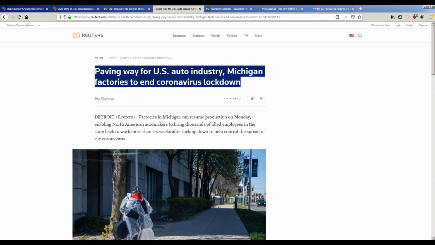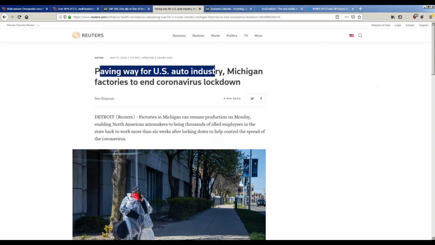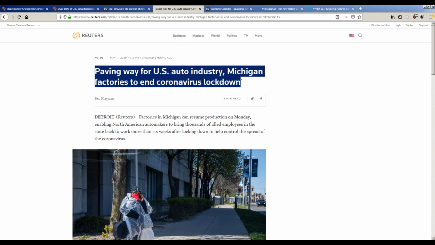And it looks like this type of news could steal the show today, because you see, this was only 2 hours ago, right? So the positive news came out after all the fear, right? This positive news about ending lockdowns, auto industry maybe opening up. That's huge in the US anyways, the auto industry. It's really huge for the world.